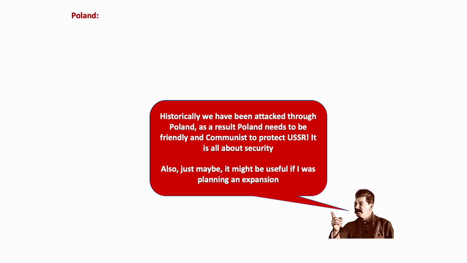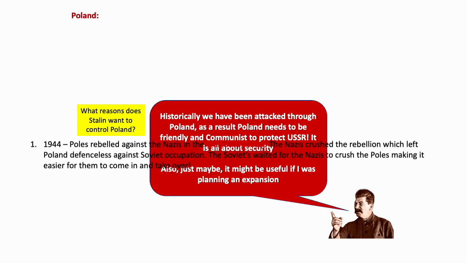Now, Poland is a massive country. It's integral to Europe. It's on the border of Central Europe, and obviously it's somewhere in between Central and Eastern. So absolutely, Poland is a significant country to control if you did have expansion as plans. Also, Stalin is correct that Poland has been the sort of gateway into attacking Russia throughout both wars. So that is essentially a summary on why Stalin wants to control Poland. If you don't understand that bit, then obviously let your teacher know, but that should hopefully be quite straightforward now.